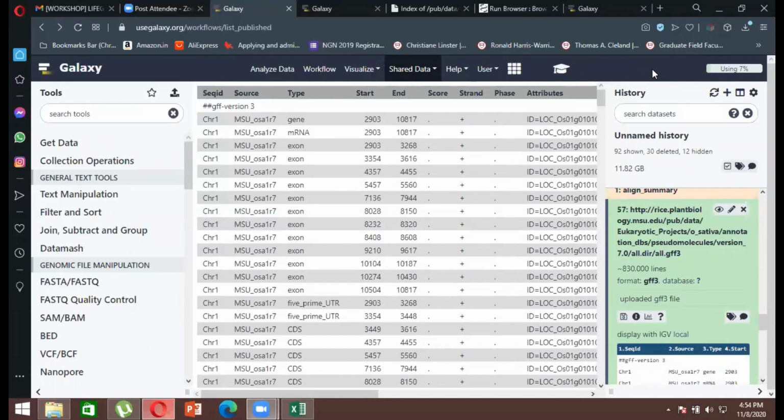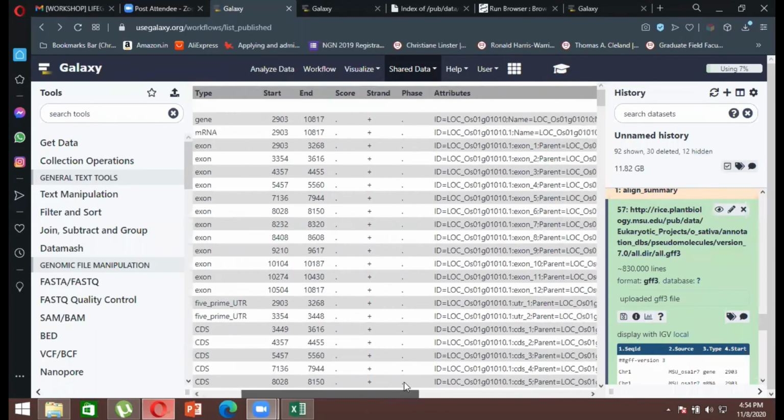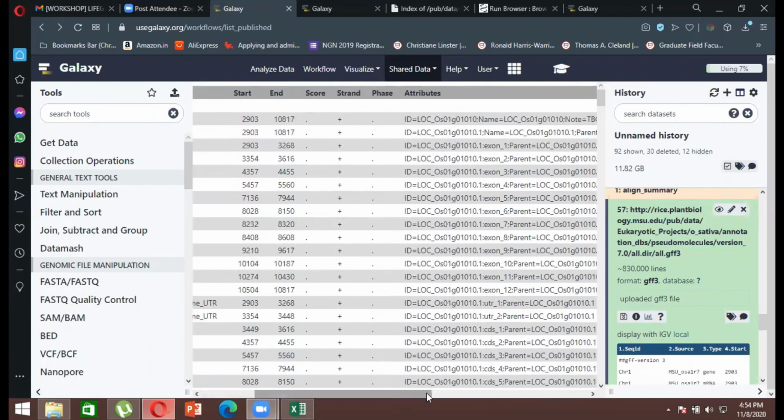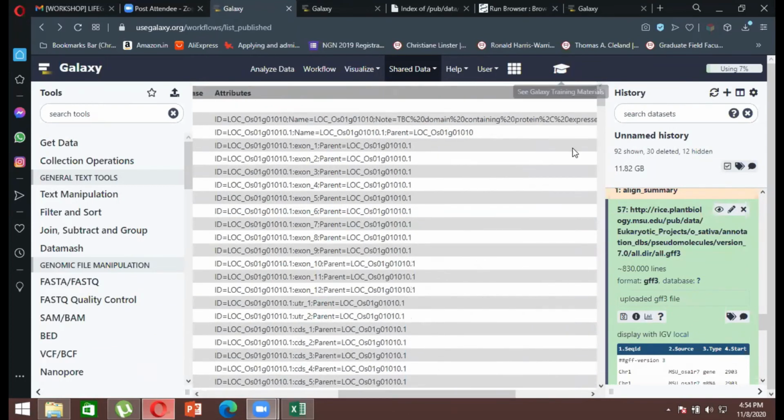So the Galaxy server will contact you on your email ID with a link, saying here you can go and check your final data sets. These are the outputs. You can just log into your data set and your output will be over here. It will be the same thing, just with the score and phase value changed, and there will be two columns, one for your control and one for your stressed conditions. Then you can copy all of these together into an Excel format.